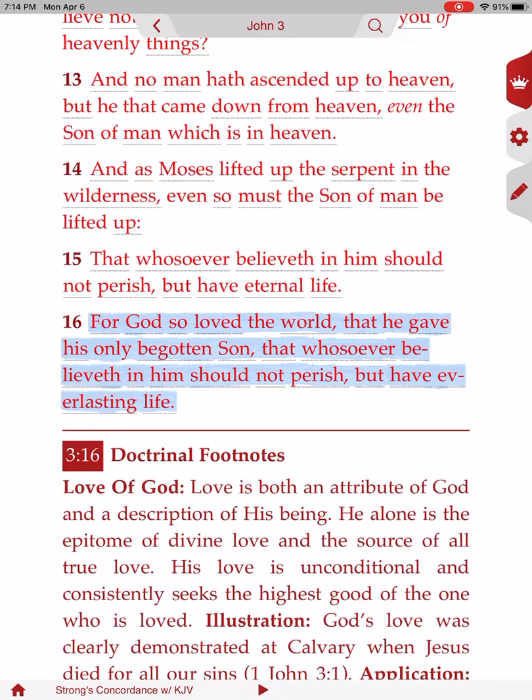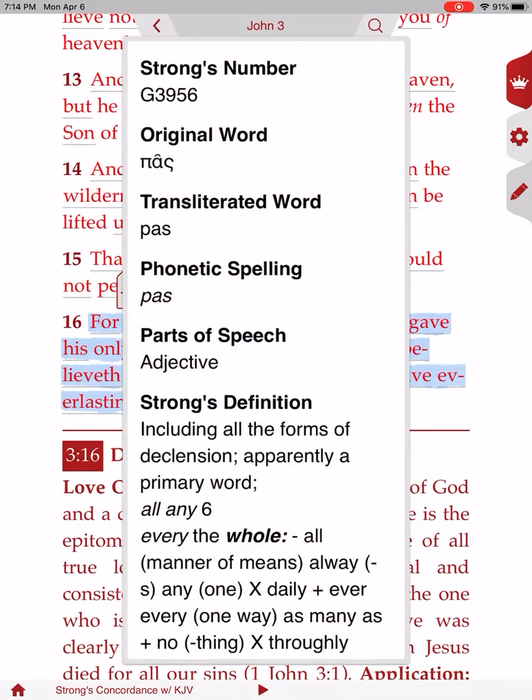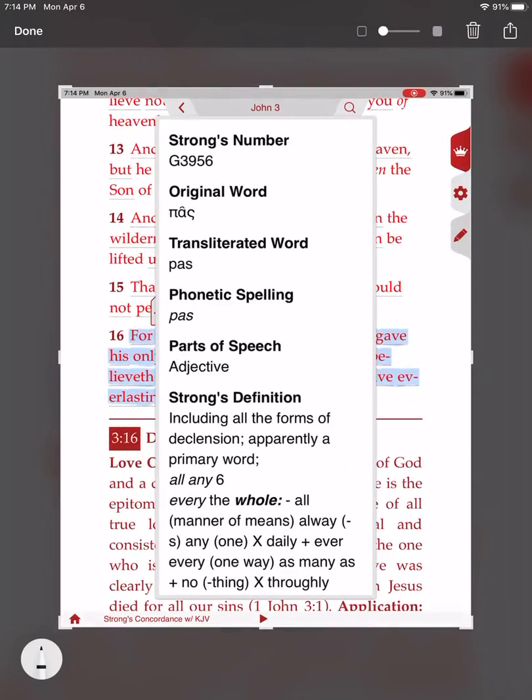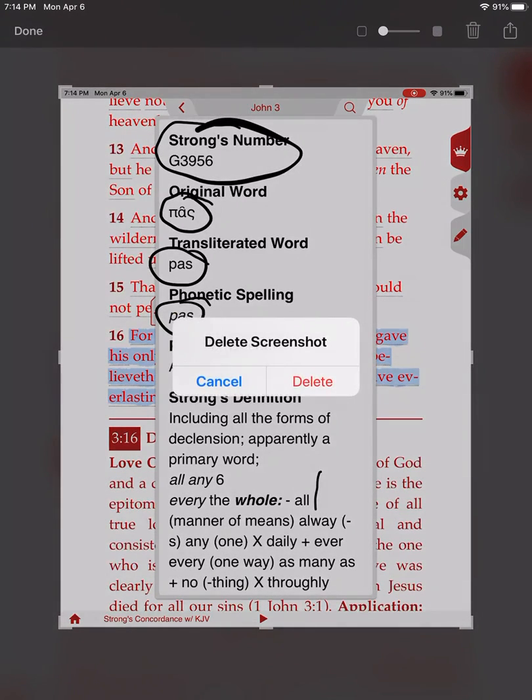And why that is, now you're getting not only cross-references, but you're getting Strong's Concordance too. And if you hold your finger on one of these, you'll see that the menu now has Strong's. And if you click that, you can actually see the original word, the transliterated word, the phonetic spelling, and also the Strong's number if you're familiar with Strong's Concordance,